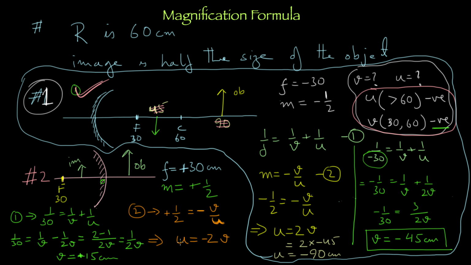Then we'll go on to this, substitute our U and get our U. So what is U? U is minus 2V, minus 2 into plus 15, which is minus 30, right? Yes, sir. So that is also right in the place where we want it, right? Which is in front. That means minus 30. It should come minus. Get the point? So these are the two cases. So this is at the max.